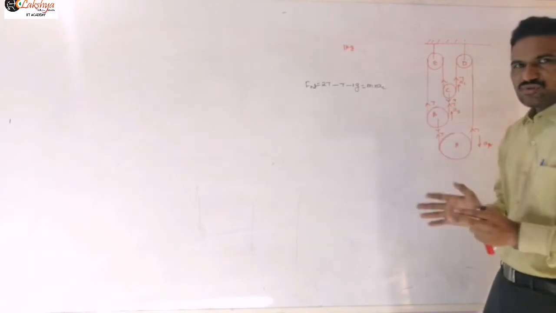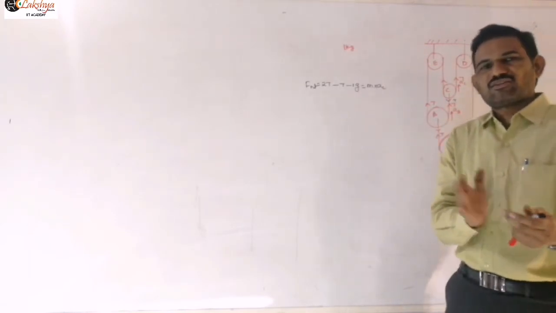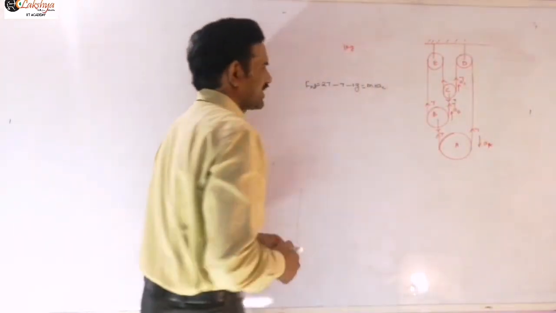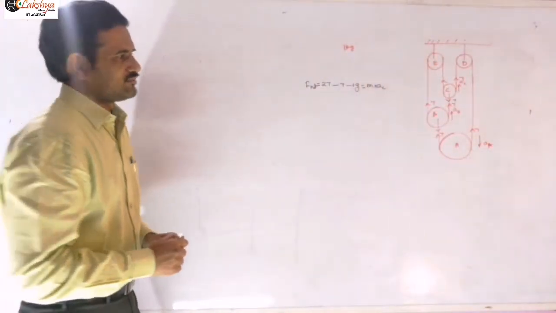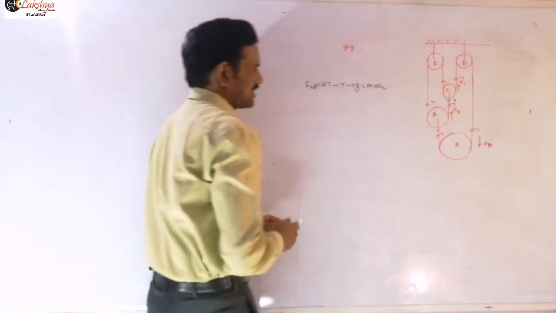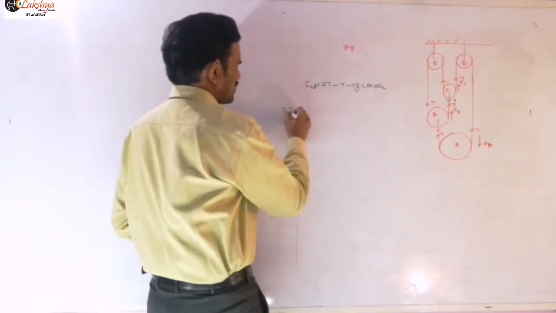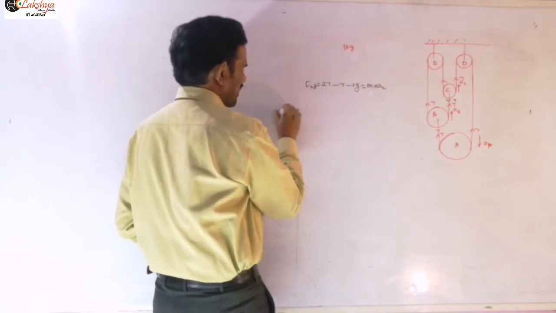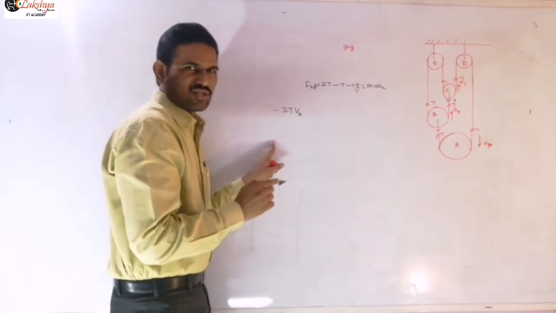Just as usual, as in the case of blocks, the same force equations you can write here. First I will write the constraint equation, then you can solve that. By the tension method, I am writing it. For this block, tension 2T will be there in the upward direction, 2T into V_A, we are considering that velocity in the downward direction, so minus, I am taking directly, cos 180.